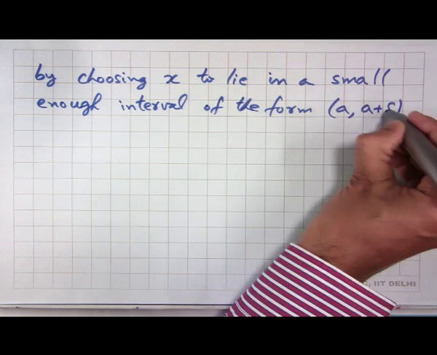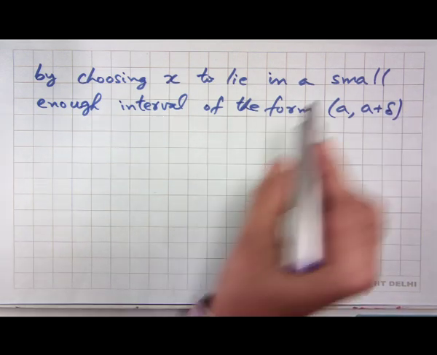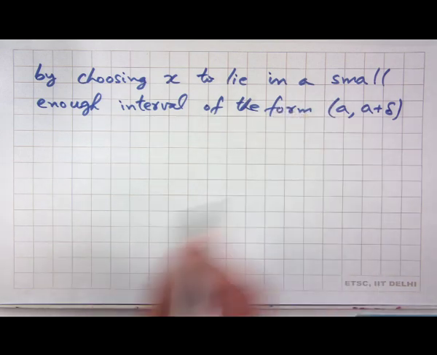So, this is called the right hand limit because we are only considering the value of the function in an interval